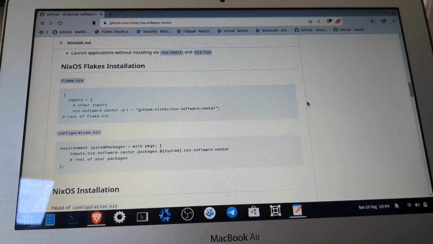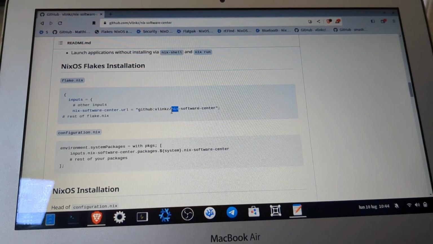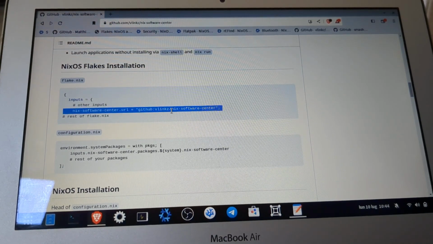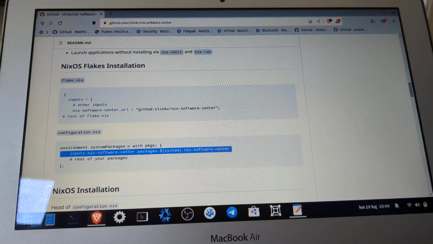And as you can see, we have many ways to install the software. We have Flake, which is the newer style to install software in NixOS. So you can specify the source of the software and also the package inside the system packages.